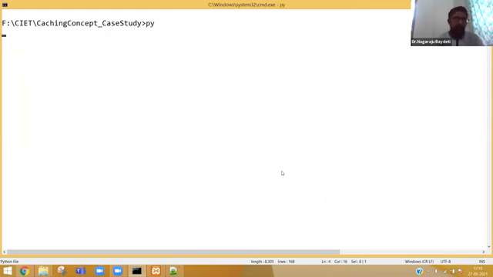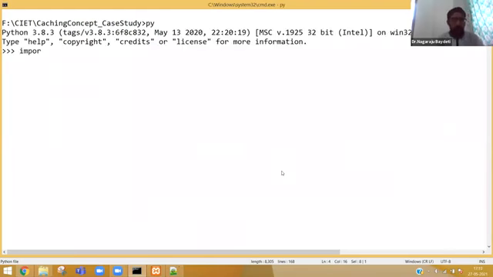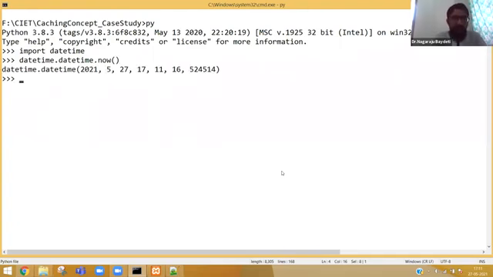Go to the Python prompt, import datetime. Now, datetime has another class, datetime, and in that there is a method called now. Now you see, it shows the year, month, date, hours, minutes, seconds, and milliseconds.